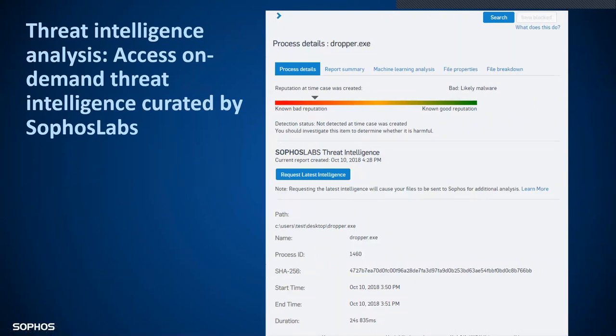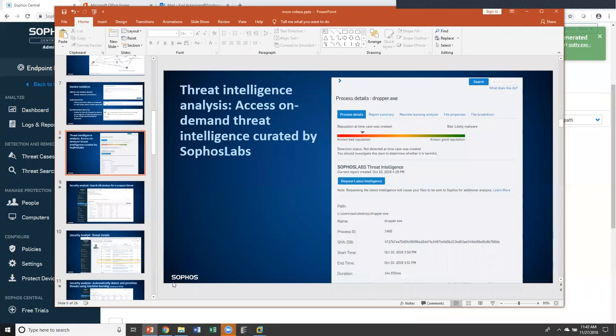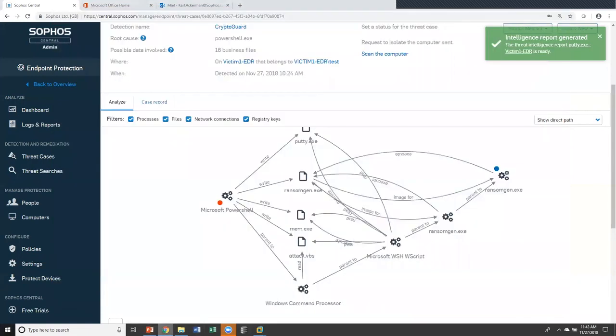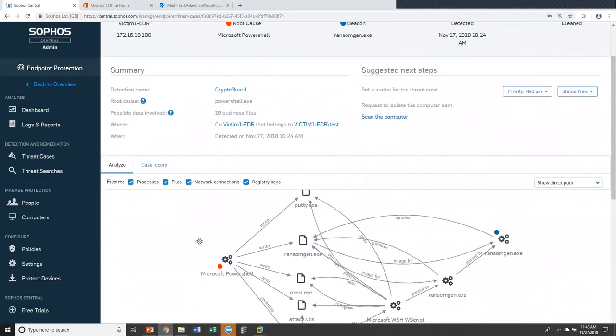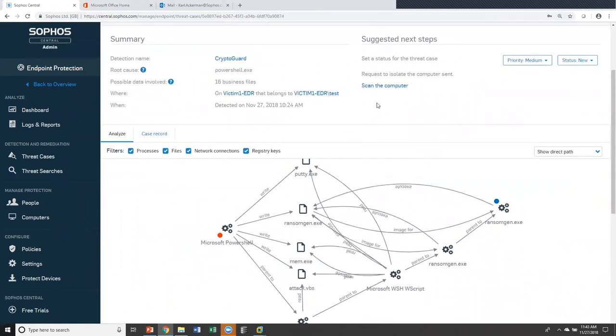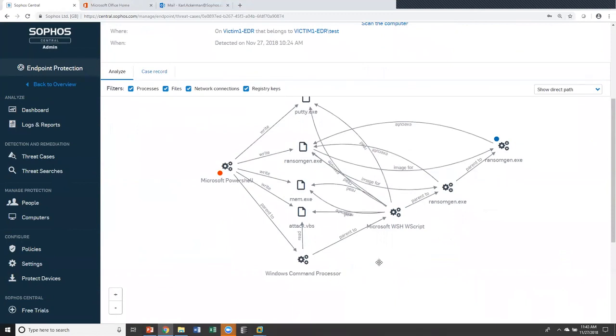This initial indicator can be a very good guide on whether or not you need to perform a block and search for this across other devices. What I want to show here, though, is some information that's available directly from the console so you can see it in action. In this case, Sophos Intercept X has a ransomware detection from ransomgen.exe that was launched from a PowerShell. We've already taken some actions to isolate the computer, and now we're investigating the processes that were involved in